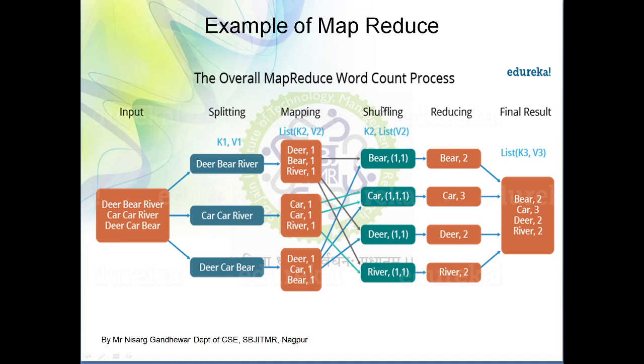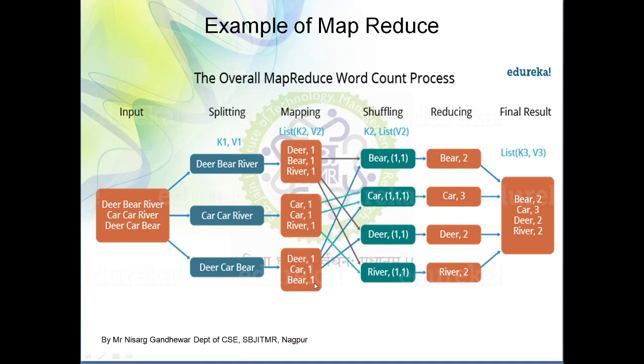After dividing this, the next phase is shuffling. In case of shuffling, you may observe that we need to consider these three sub files, and then we have to shuffle them. Here you can see the data is arranged in a particular order: beer, car, deer, and river. Now how will you get this beer 1 comma 1? What is the meaning of it? Here you can see an arrow is given from this particular sub file. Beer is present, so it will contribute beer comma 1, and then beer is not present in the second sub file, but beer is present in the third sub file.